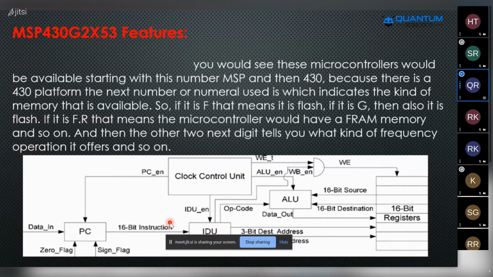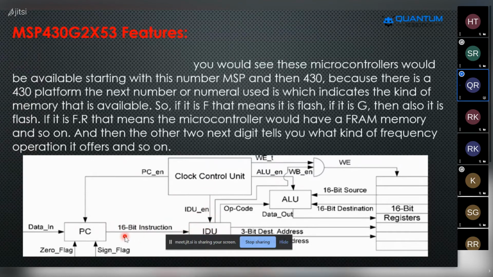The 16-bit instructions are diverted into the IDU. The IDU is interconnected with the control unit only. From the control unit, the data is going to be transmitted into the IDU, and from the PC, the 16-bit instructions are going to be transmitted here.